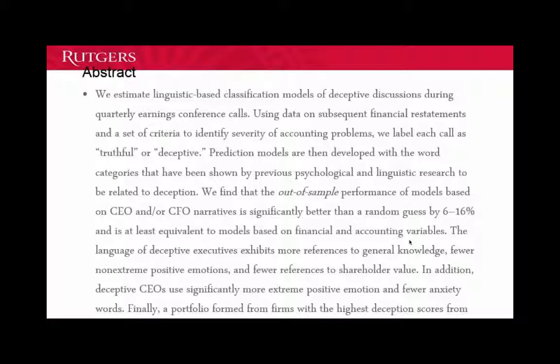Okay, so this paper is about detecting deception in the quarterly conference calls, and they then use what they gather from the quarterly conference calls to predict restatements in the 10Qs. So each 10Q would have an associated conference call. And so if the conference call has deception in it, then the 10Q should be, or what they say in